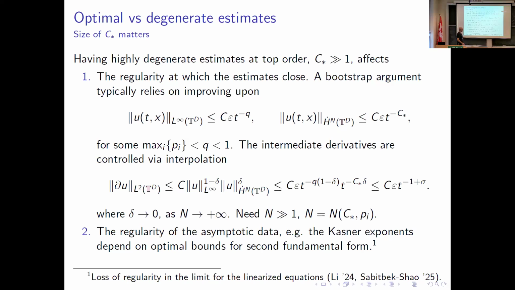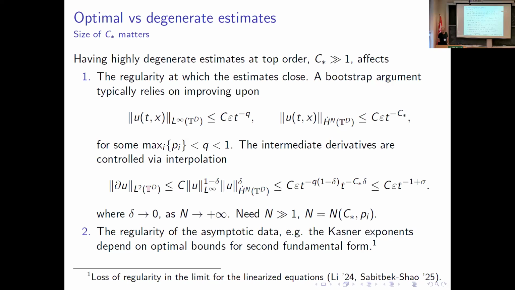And more generally, for this type of systems with degenerate, borderline, let's say, coefficients, like 1 over t. So if you have degenerate, let's say, hyperbolic systems, depending on how degenerate it is, this loss of regularity cannot be avoided. So for linear equations, this has been established. And so that's one question.